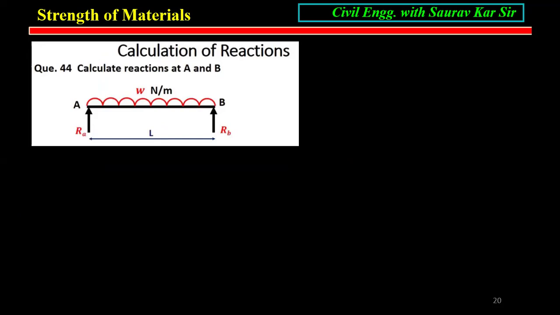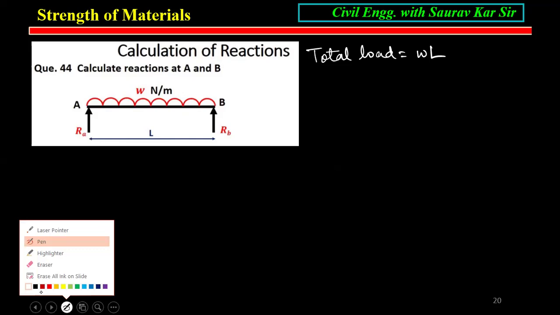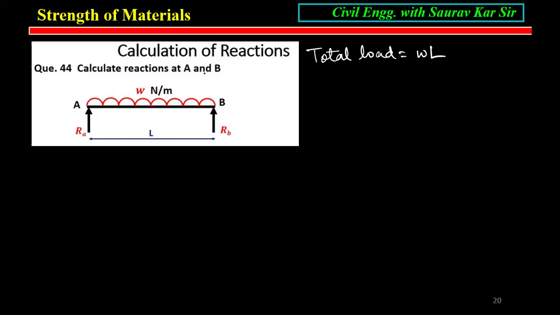So find out the reactions RA and RB. So total load is what? It is a simply supported beam. The load intensity is W, so total load is W into L, right? And it is symmetrical again. If you see here, it is symmetrical. Why symmetrical? Because I have the whole load